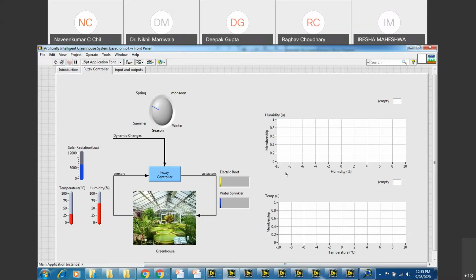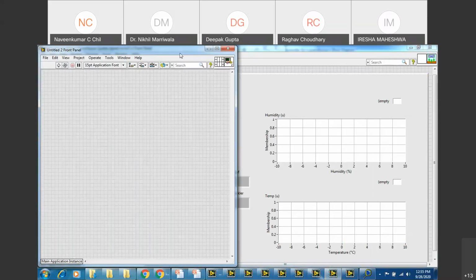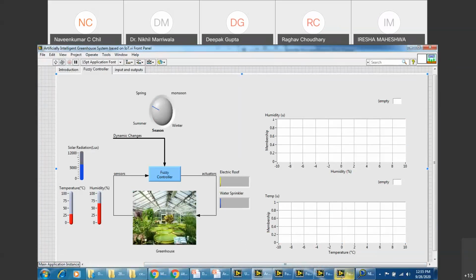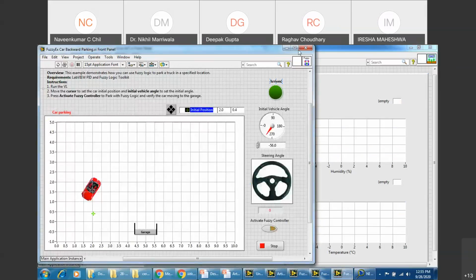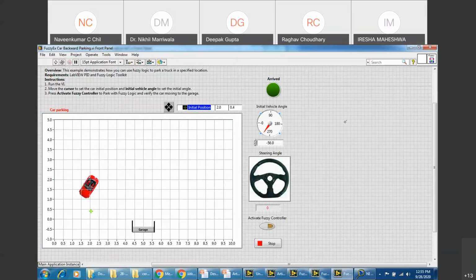Yes, sir. So you'll see in the examples, there are a few more examples which I would like to share with you. We are trying to just finish out the time. So this is one of the examples of an AI-based parking system being designed. Fuzziness is being utilized for this. Now, if you see, there is a car that you can see. What I'll do is,